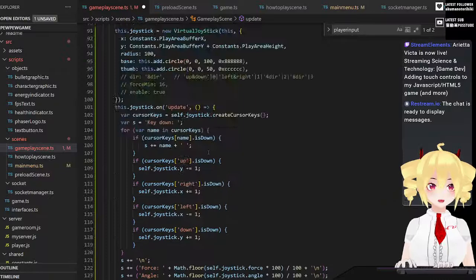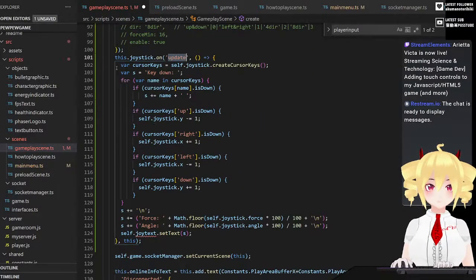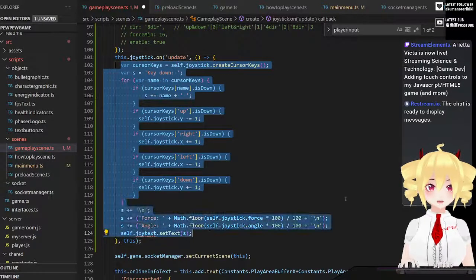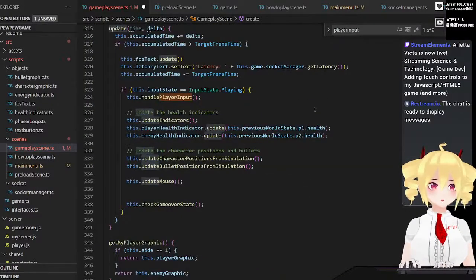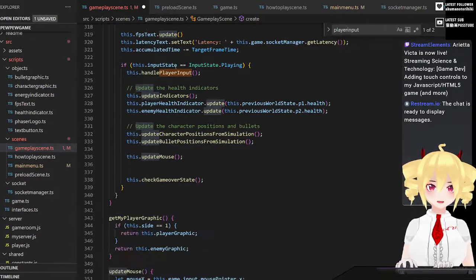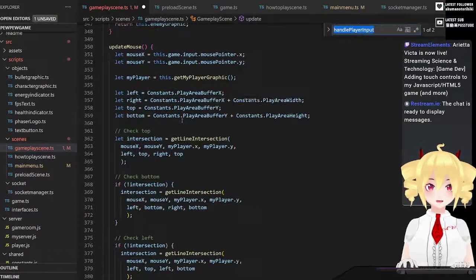So actually we probably could go ahead, since we want this to be called on update as well, probably what we'll just do is copy this into a new function, and we don't actually need to subscribe to an update method there, because we'll just do it in our own update. So actually in handle player input,